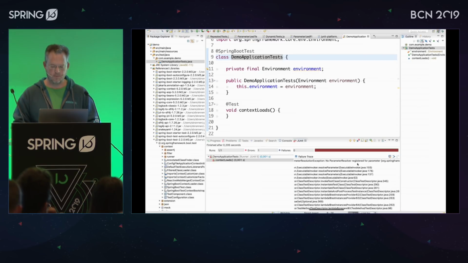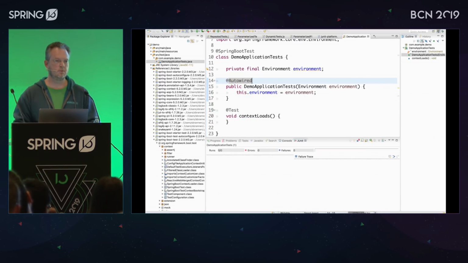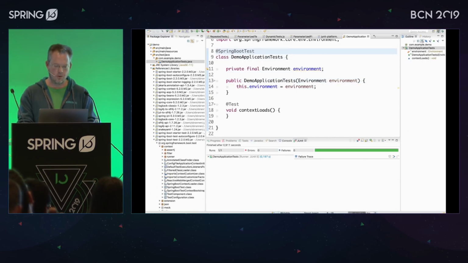No parameter resolver. I couldn't find it. So what did I say before? The default, I said if you say add @Autowired from Spring, that should work, right? That was the one option. And then I said, well, what if you didn't want to do that? I said if you wanted to override locally,